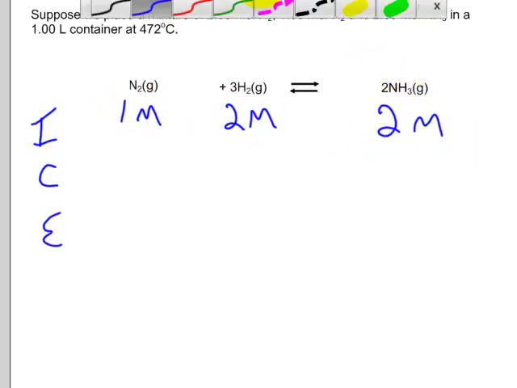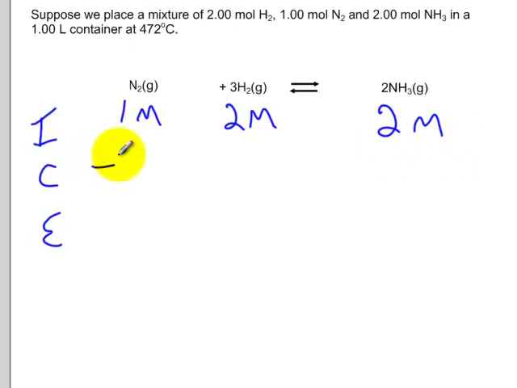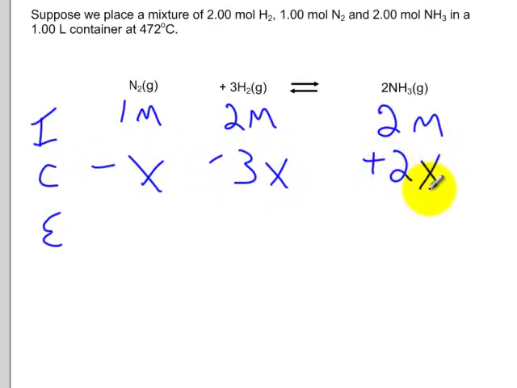But here, I don't know if I should say minus x, minus 3x, plus 2x, or conversely, maybe the reaction's going the other way, and I should say plus x, plus 3x, minus 2x